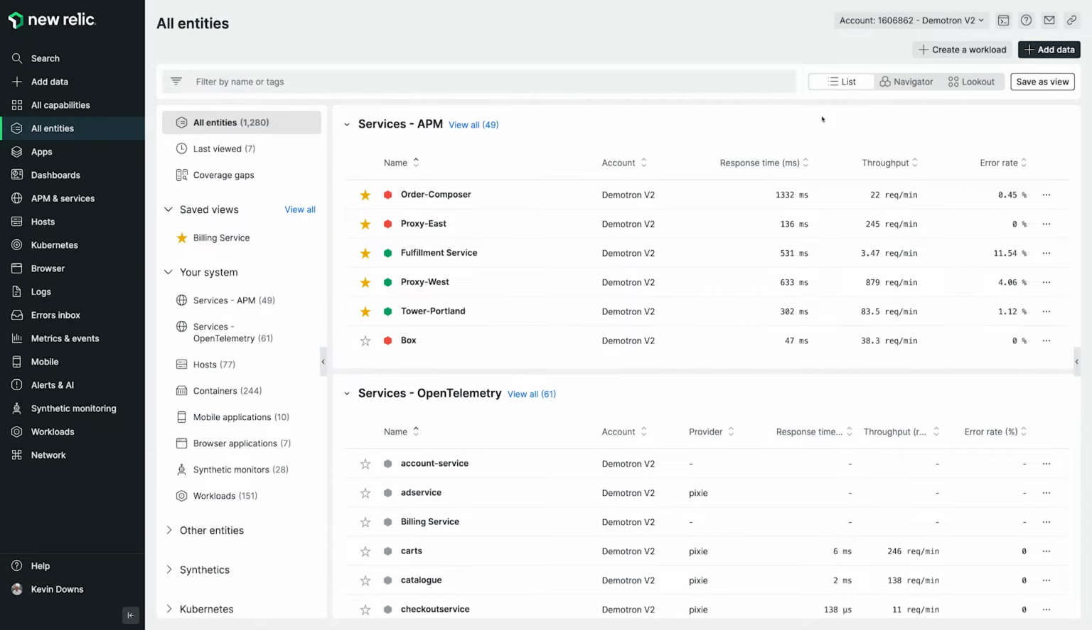My name is Kevin Downs, and on this episode, we're going to cover troubleshooting before trouble starts with infrastructure monitoring. As a DevOps, SRE, or IT ops person, I will look to the New Relic platform to help me proactively